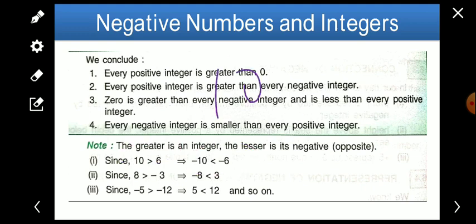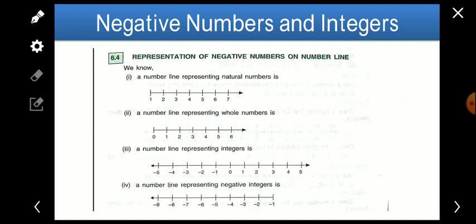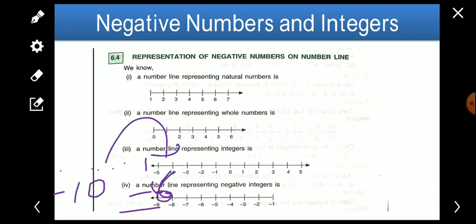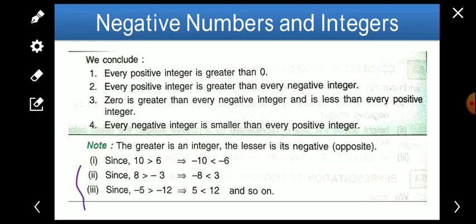Okay, 10 is greater than 6, but if minus is there, minus 10 and minus 6, then minus 10 will be smaller. You can compare using the number line. You can see that minus 6 will be here, and if you keep on adding, then minus 10 will come this side and minus 6 here. So minus 6 lies on the right side, so obviously minus 6 will be greater. So like this we can compare the numbers, integers. So these things you will compare. Few more examples are there.